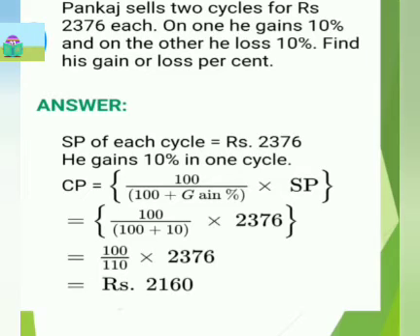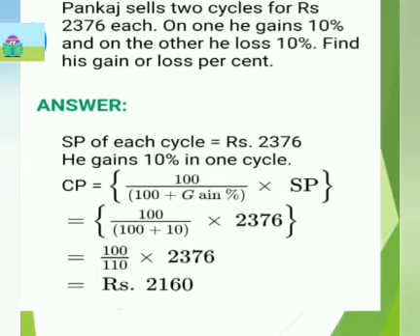So in the question what is given? The selling price of both the bicycles is given and the gain and the loss percentage is given to you. Now first of all, for calculation of gain or loss percent, what is required? You should know the gain or loss as well as you should know about the CP. Here the selling price is given. We have to calculate the CP. So we will calculate the CP of both the bicycles first according to the question, and then after that we will calculate the net gain or loss percent. So let's begin the question now.